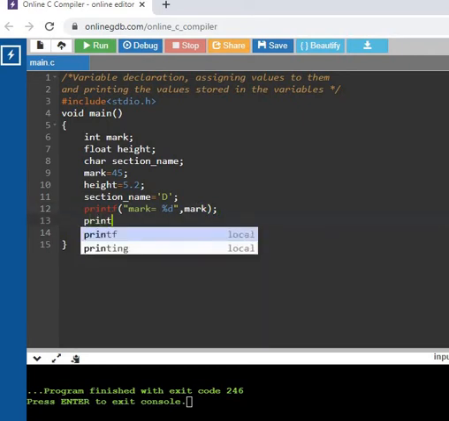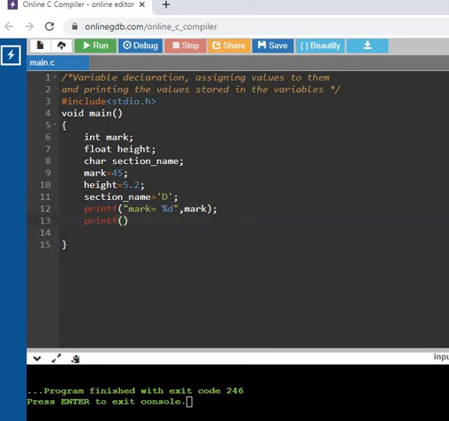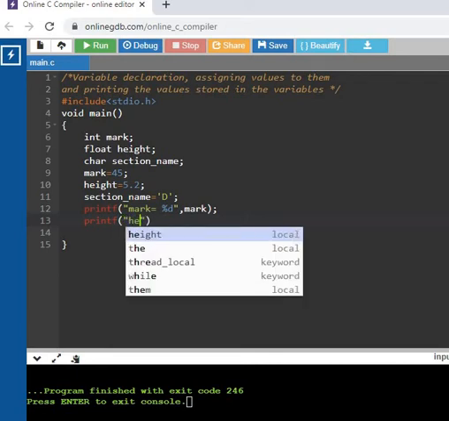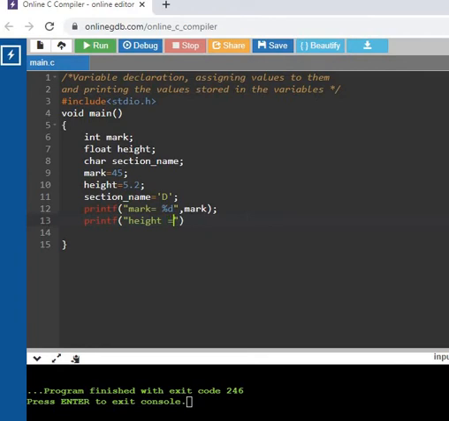Then similarly I want to print height. Height equal to percentage %f. To print a floating point number, you have to give the %f format specifier. So height equal to %f, comma, height is the variable name.